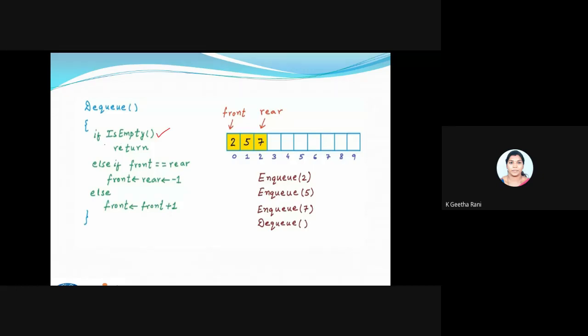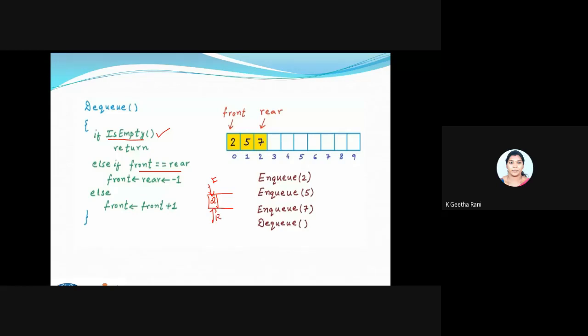So when my queue is empty, that is when my front and rear are pointing to -1, I will say my queue is empty. Indirectly it tells you. Fine. So next I'm having an else if. I'm going to check the condition: front is equal to rear. What is the meaning of this? Assume I'm having only one element inside the queue. Assume this is my queue. I'm going to have only one element. The element is going to be 2 alone. If I have only one element, the front will be the same value, and the rear also will be the same value.